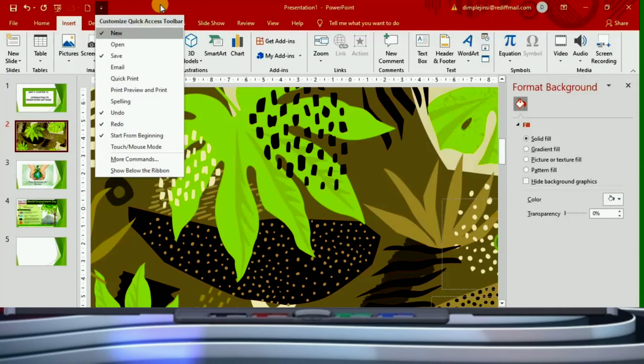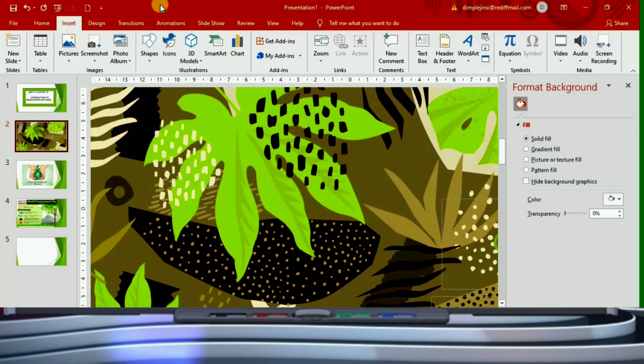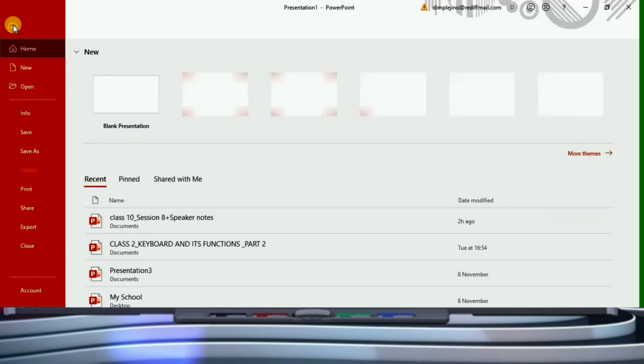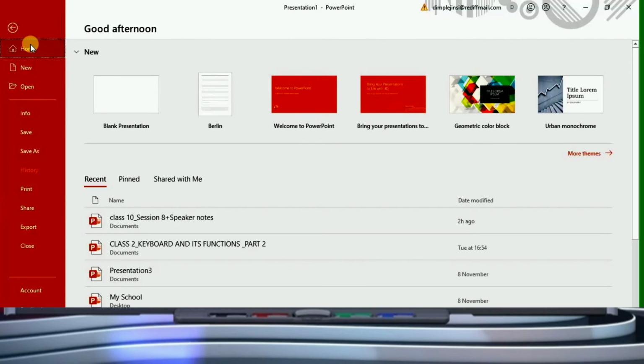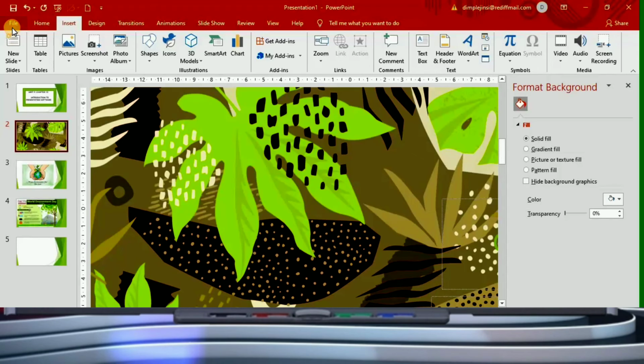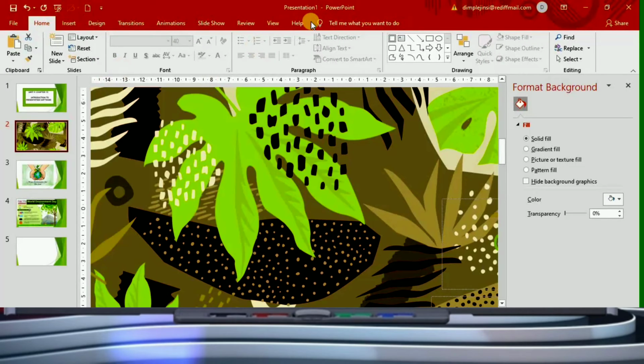So then you have the ribbon. This is called the ribbon, and it displays several tabs, like you have the file tab. First tab we have is the file tab, and this allows you to create, open, close. When we click on this, these are the options that you get under the file tab. Similarly, if you talk about the other tabs, you have the home tab. By default you will always see the home tab on the screen. So this is the home tab that you will generally see once you open your presentation.